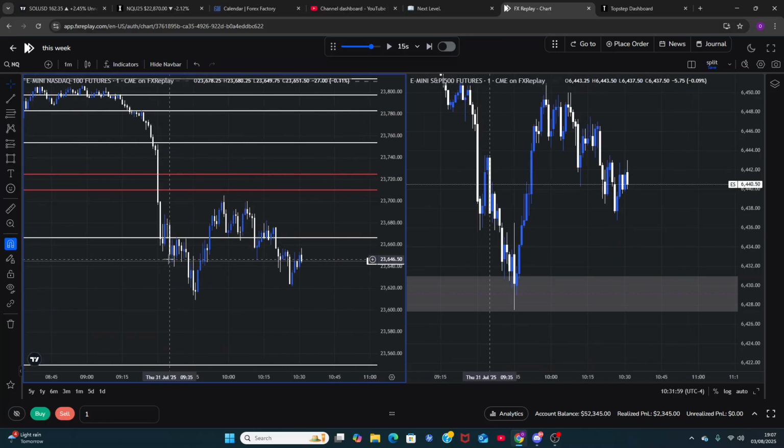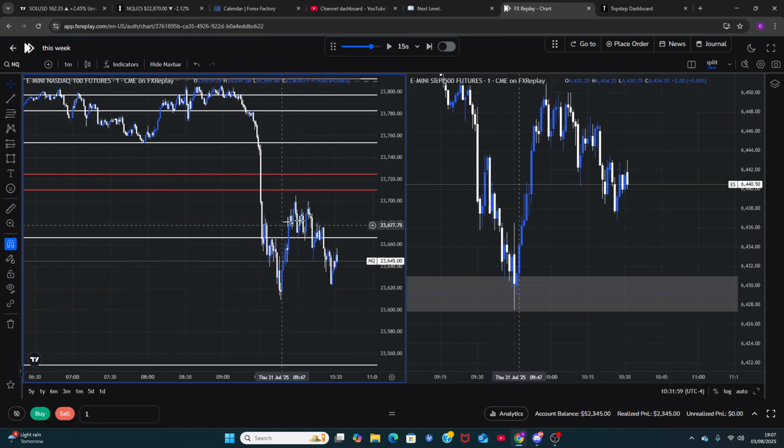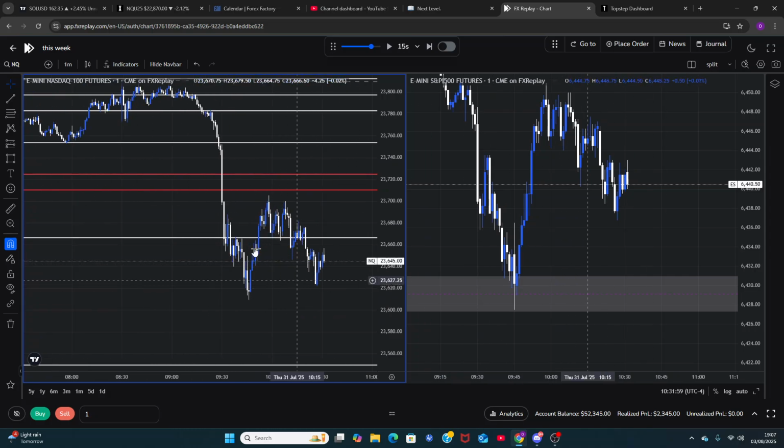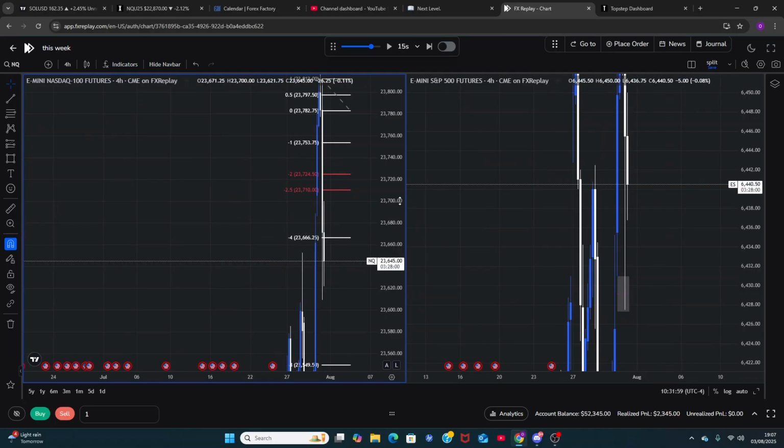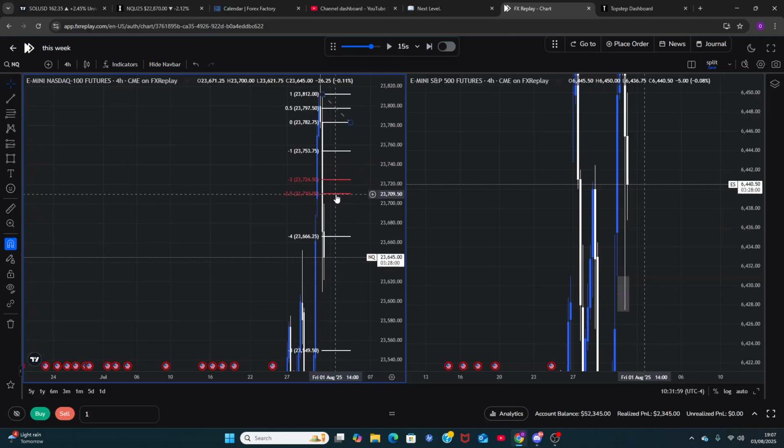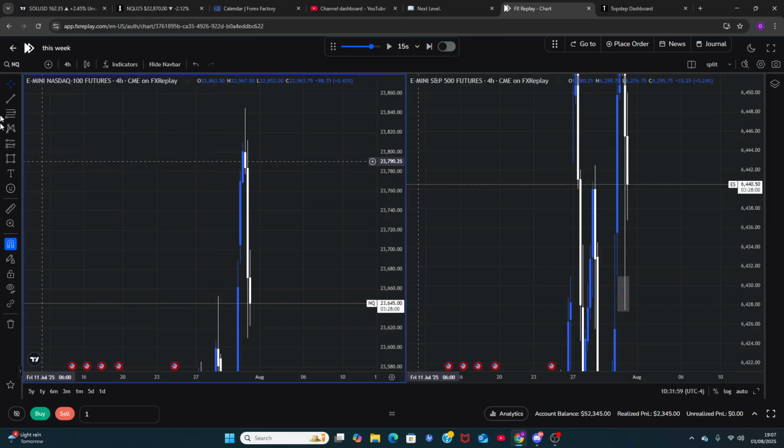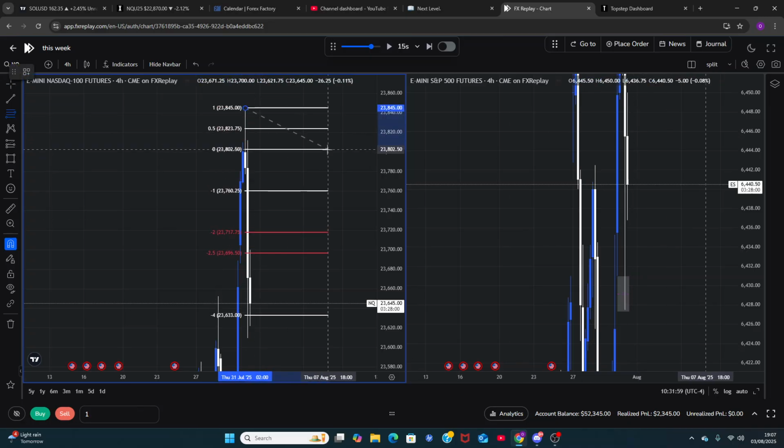The problem is though, because it's a high time frame fib, it's obviously going to do a high time frame reaction. So notice how it just chopped within the range. Low key though, fib here is pretty hard because we displaced through a lot. You can try up here. I mean, or you could do the daily one actually.